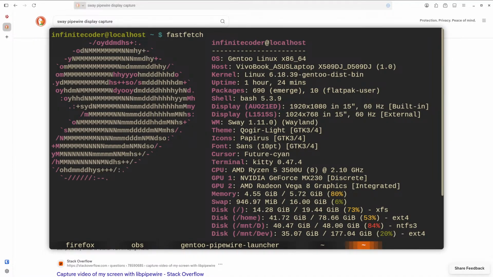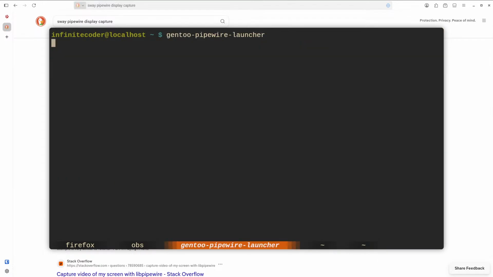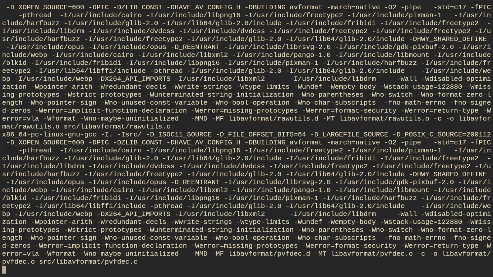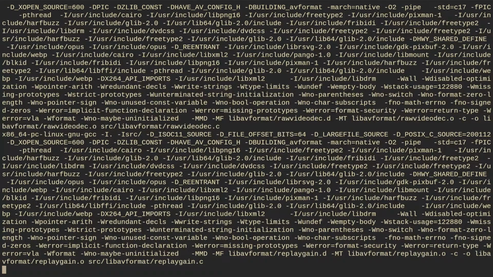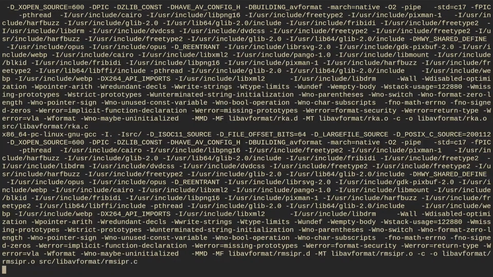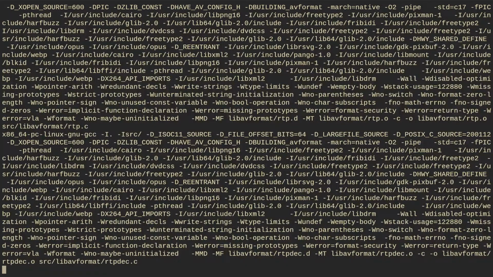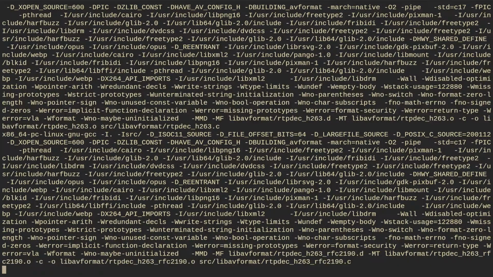Compiled. As I said, all packages except for kernel, Firefox, and now OBS were compiled. Or rather, OBS was also compiled, but I don't know why the bin package didn't work, but it pulled in binaries. It pulled in FFmpeg binary. It pulled in Go binary. Oh, that's what was causing the Go toolchain to build, right?